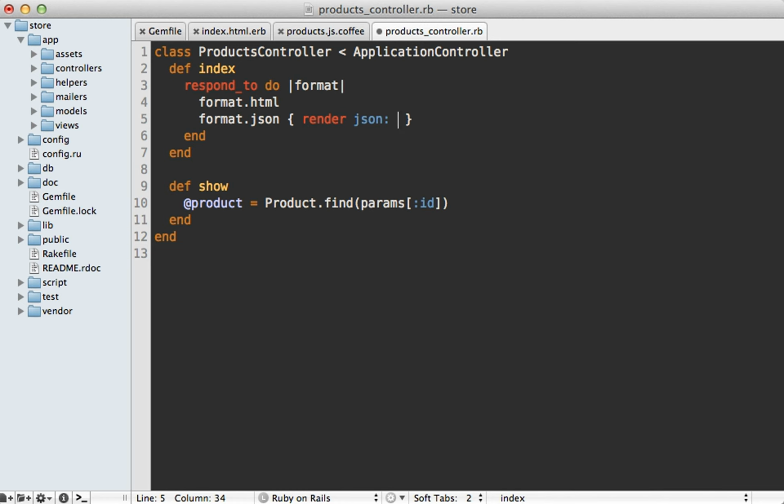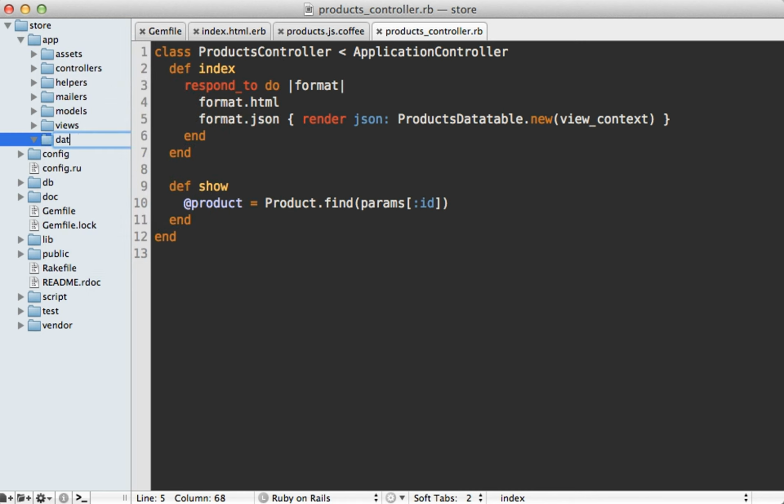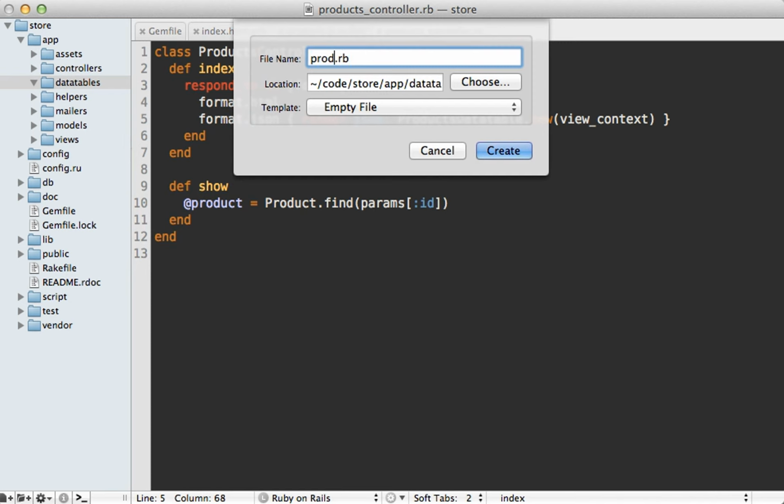Now, if the MVC structure of Rails ever feels too limiting and doesn't really fit with what you're trying to do, don't be afraid to create a new class if it cleans up your code. And that's what I want to do here. I'll call this class ProductsDatatable and pass in the view context so it has access to helper methods, because this is sort of like a mini presenter for a JSON response. And I'm going to make this class under a new directory in the app directory called datatables, and make a new file in here called